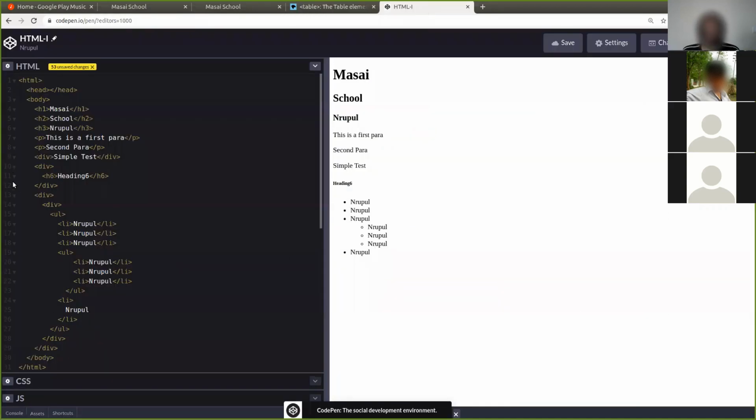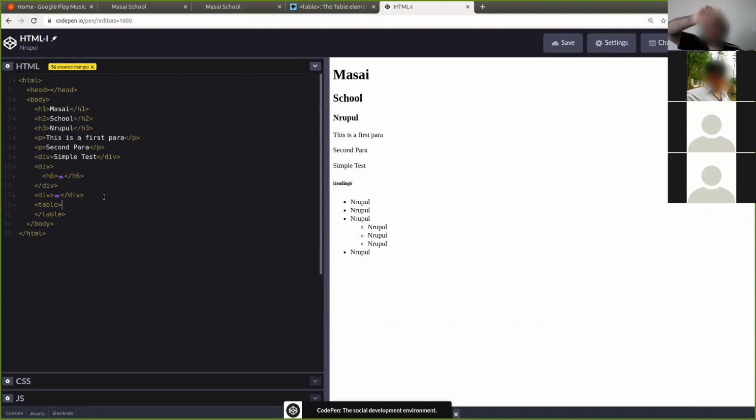Okay. Again, I told you, keep your notes till the end. And now, how to start a table? Again, the same thing. Every tag will have the same thing. Now, a table has two parts to it. Let's say when you're working even in Excel, it has this thing. So the table header, that's called a table header. And the rows and columns you see are called the table body.